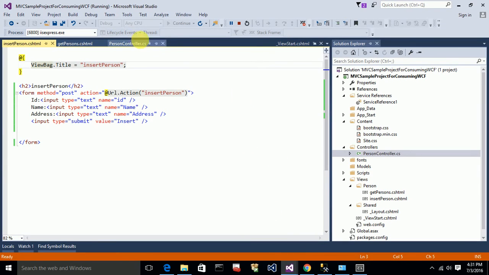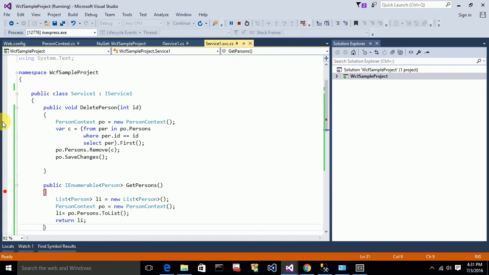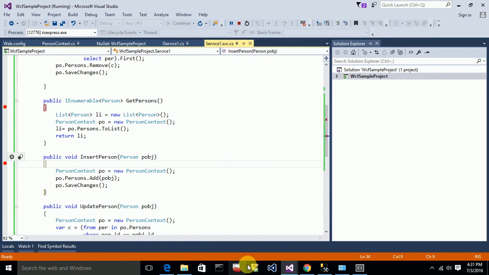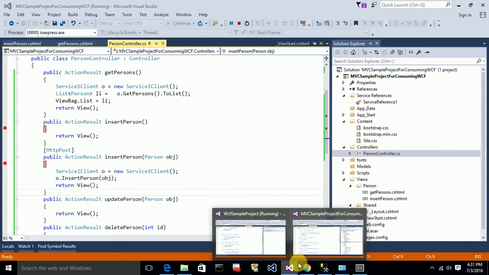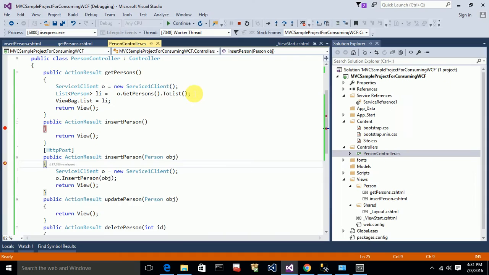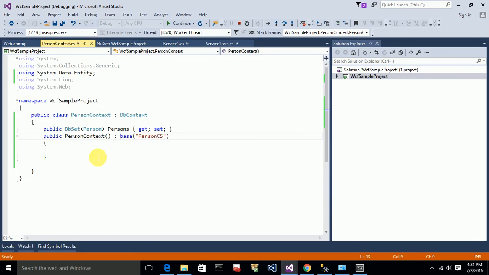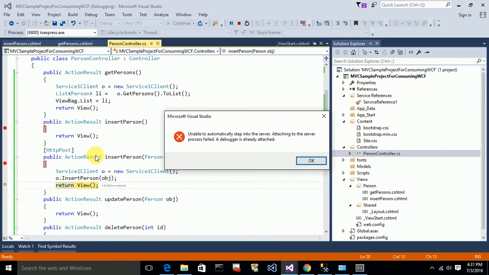Okay, let me show you by keeping the breakpoints in the service also. Just for explaining the process, let me keep a breakpoint in the insert person over here, and let me insert another person again. I'm inserting ID 5 of name John. Okay, I'm inserting it. So when I posted, it came to this action method, and from here if you see, it came to the service, and here it got that object which I was sending from the MVC application, and it is inserting into the database,